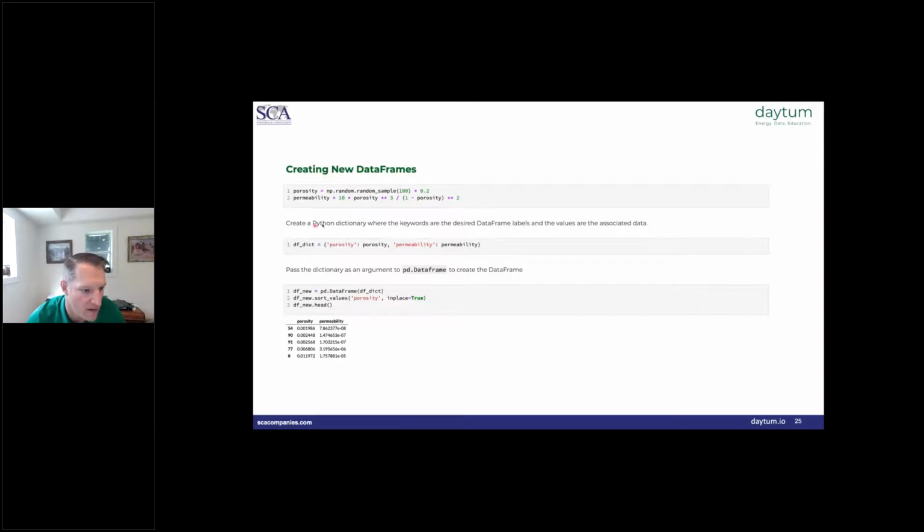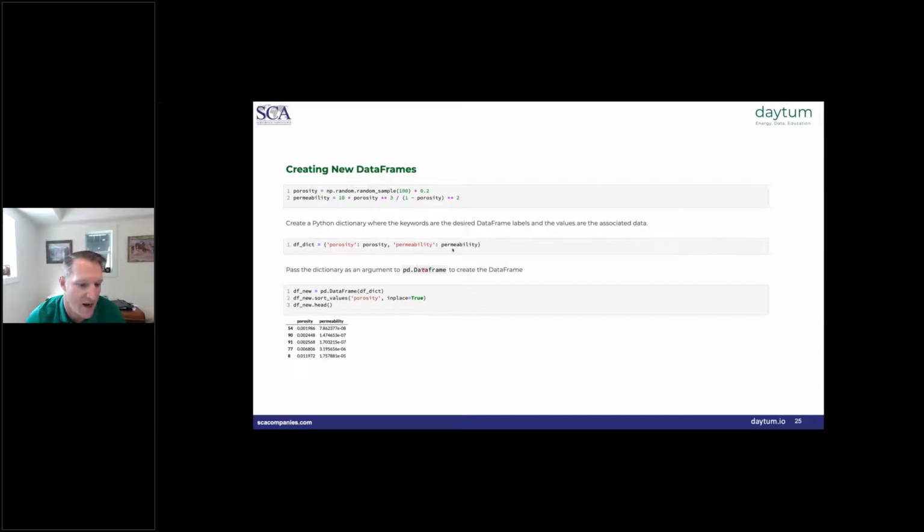In the examples I've shown so far, we read in the values from a CSV file. And again, I mentioned we can read in values from Excel files, from SQL commands, but we can also create data frames from scratch on our own. The way we do that, in this case, I'm just creating some random values of porosity, and then using the Kozeny-Carman relationship to compute the permeability.